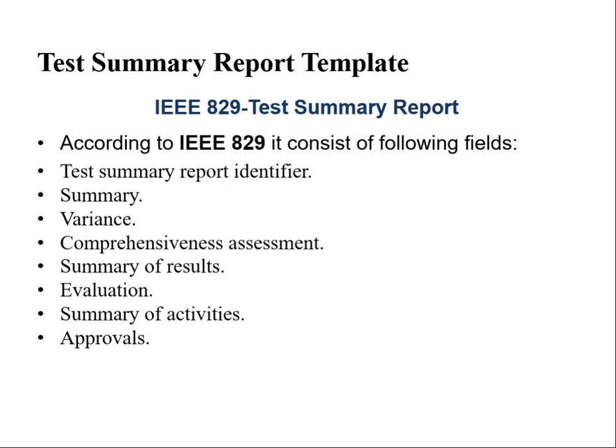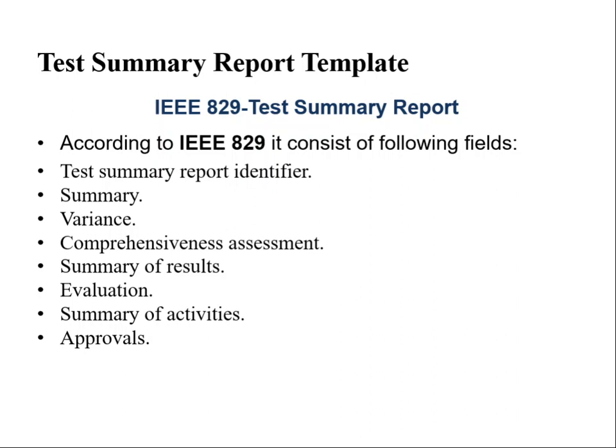The next field of test summary report is comprehensive assessment. In this section, it specifies the extent to which the tester completed the testing activities. It also explains whether or not activity conformed to the test plan guidelines.